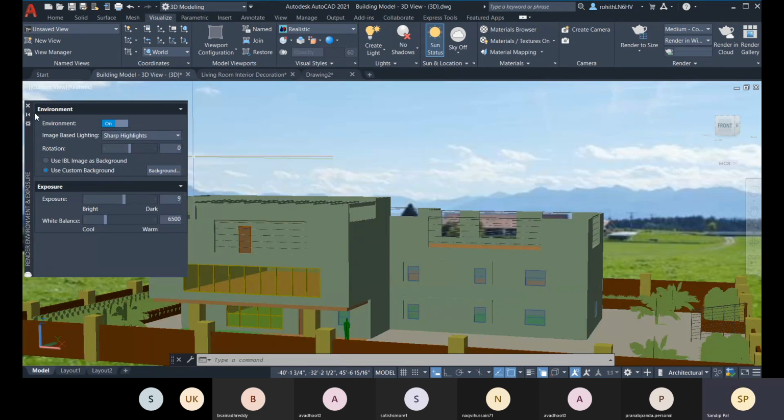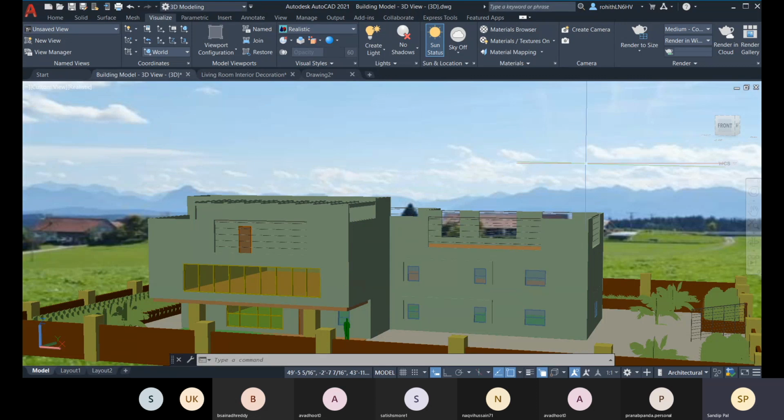After setting all your environments, you will create a camera view. As per that, you will set your view and that view will be fixed. Whenever you are rendering in any 3D modeling software, you must create your camera. Otherwise, what will happen? You may need some changes after that also. Suppose this view is the perfect view for your rendering, for visualization purposes.